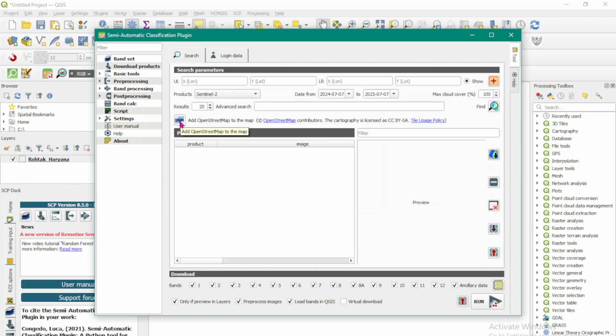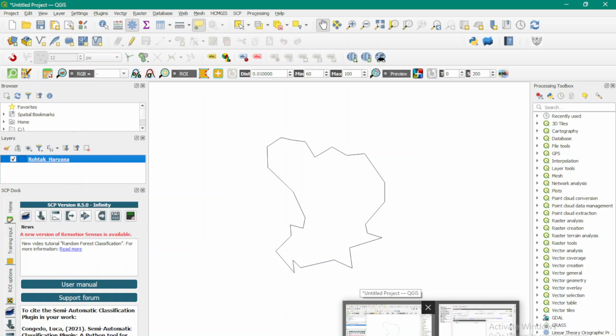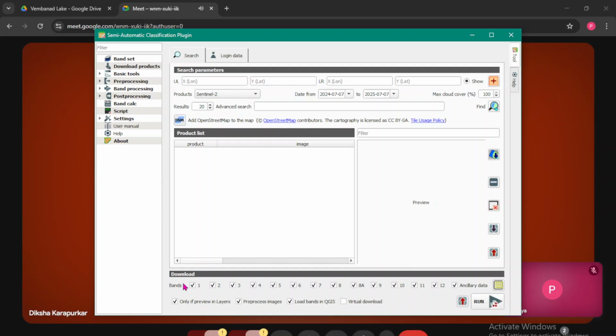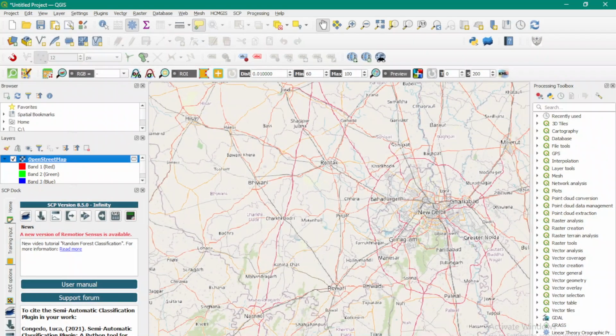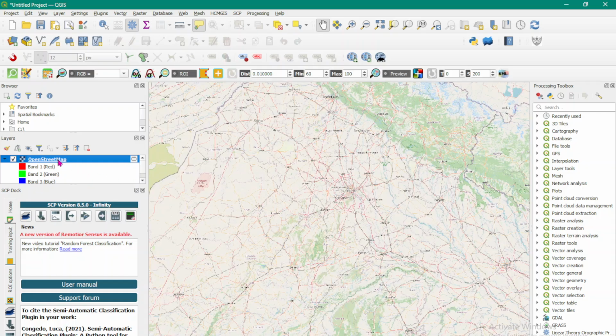This will add OpenStreetMap to our desktop map. So right now you see it is empty. It has only this Rohtak Haryana shapefile there. But you can come here and click on this OSM and then go back and see that your map gets populated with OpenStreetMap.